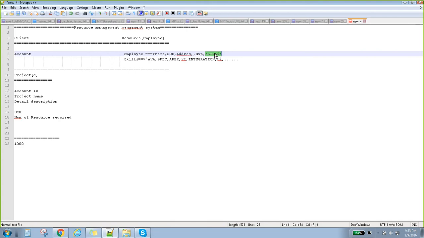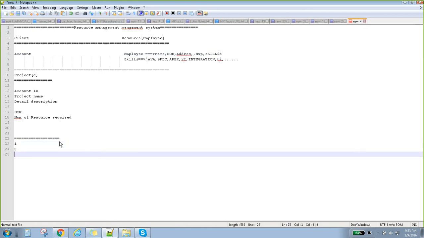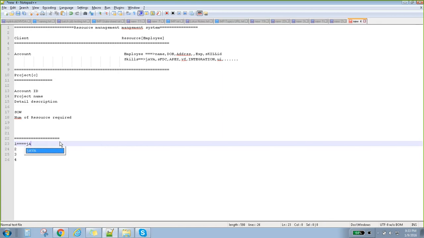You are not duplicating. Like, Suresh is stored, say, one. Assume there are four things, and assume these skills are the same.